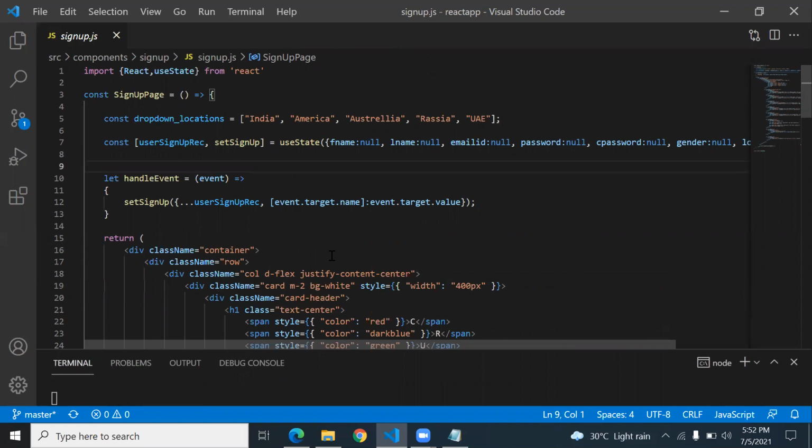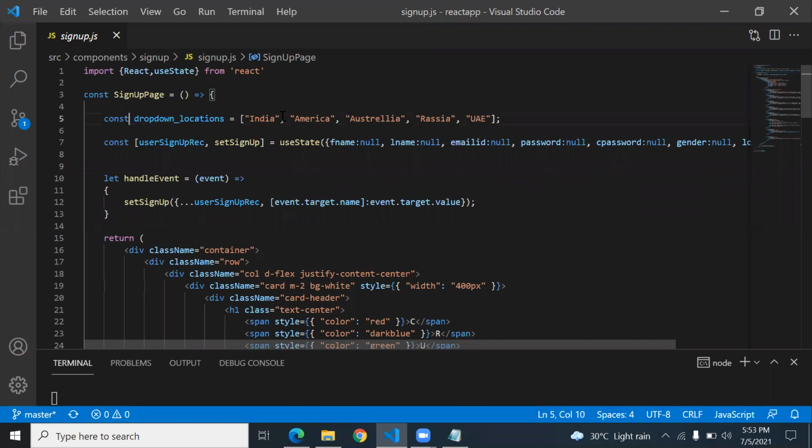Manually means you can write regex and, depending on the logic, handle the validation part. And the second is using the React library to perform validation. Here I show you how to perform validation in React using the inbuilt API, or you can say library. So now we'll go for it.